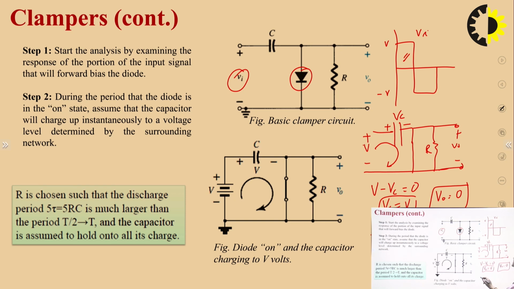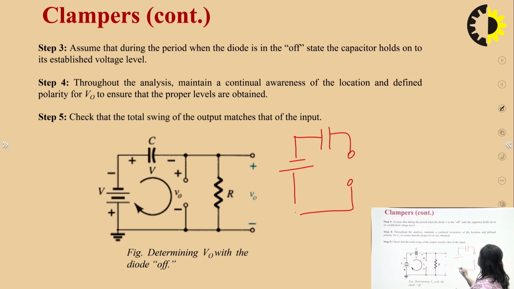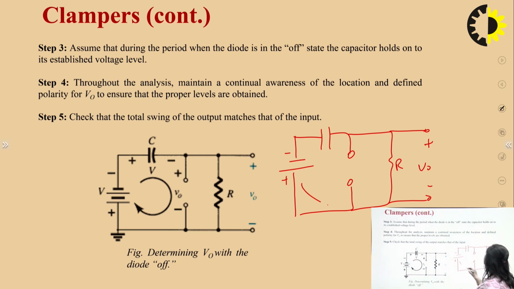Now in the other case, when the diode is reverse biased, what will happen? This is the case of the diode in reverse bias, meaning in the negative half cycle. In the negative half cycle, the circuit will be in this way. This will be minus, this will be plus, and this is the resistance, across which we will have the output. Here the current will flow in this way, and the value of R is taken very high, so the maximum of the voltage provided by this battery will be consumed only in this resistor.